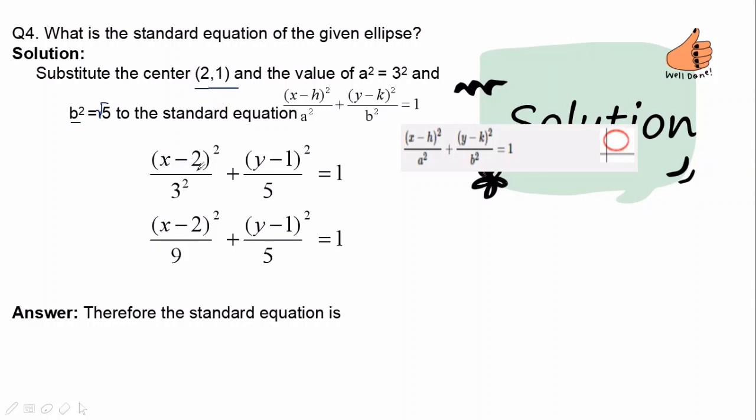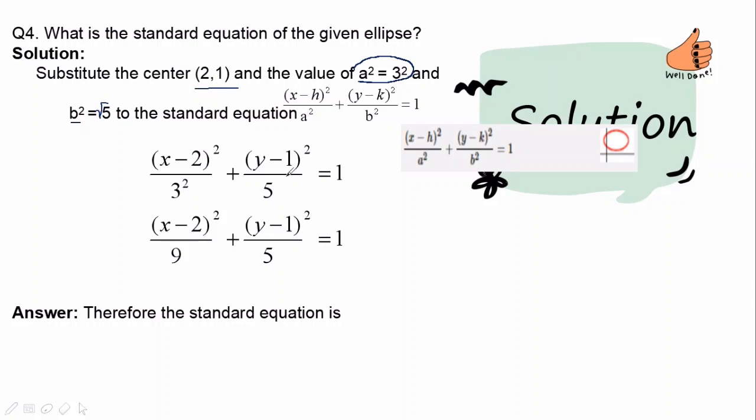So (x minus 2) squared, all over our a squared, which is 3 squared. We'll just copy also. Plus, again, (y minus our k, which is 1) squared, all over 5, which is our b squared, equals